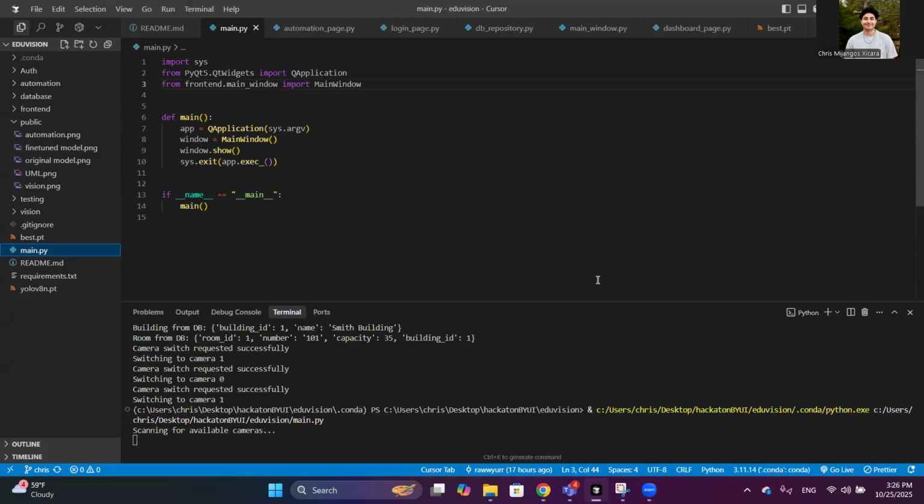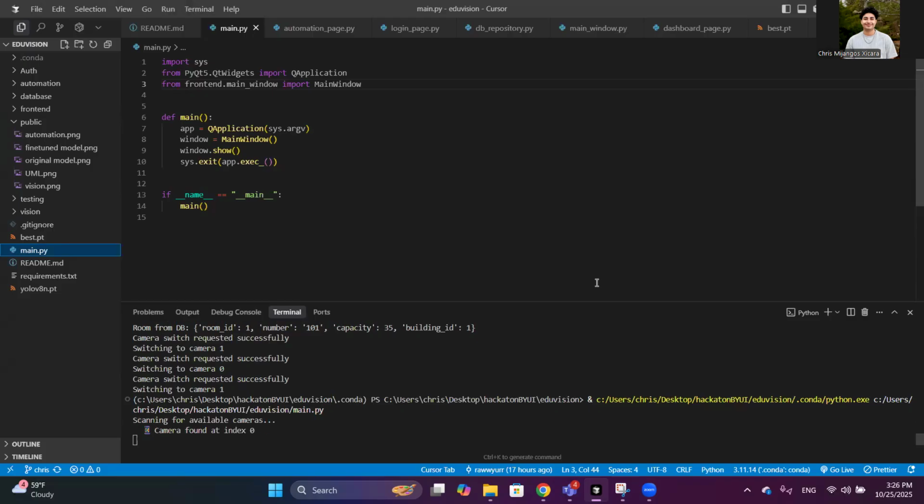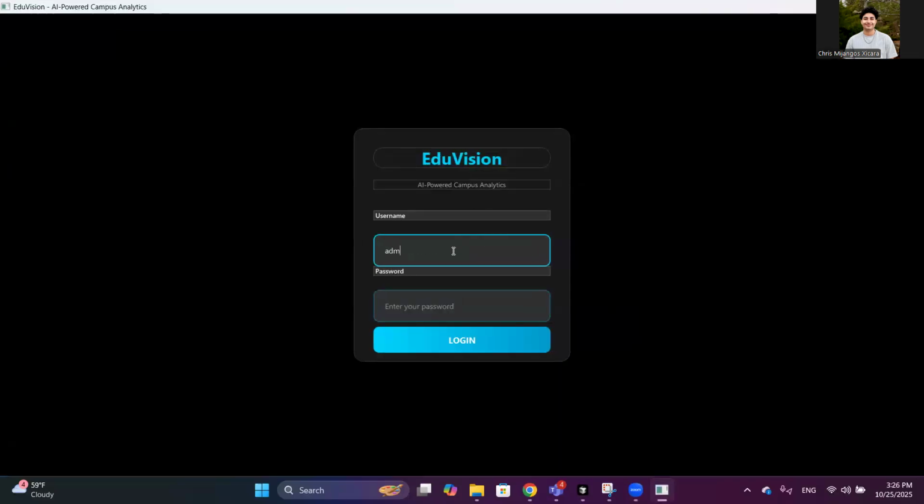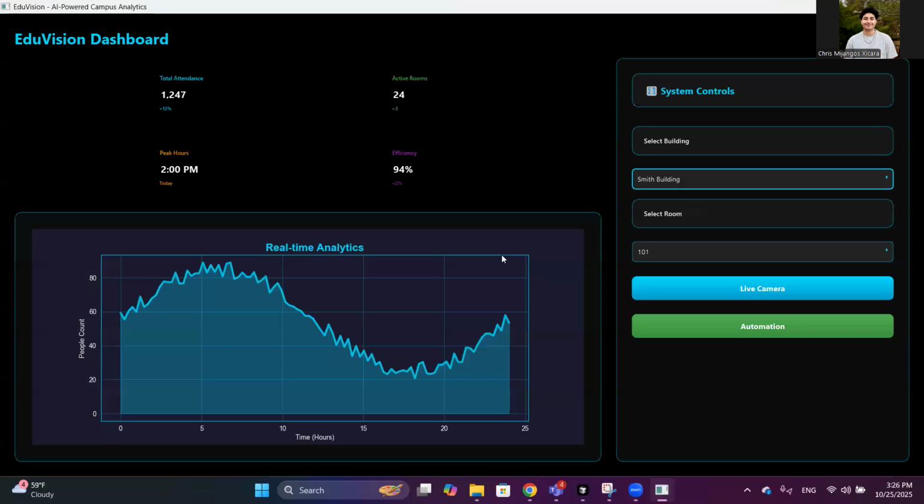So at EduVision, we care about security. This is why we start with an authentication needed. That's correct. And you see that with our application that we made, we are displaying real time, real data